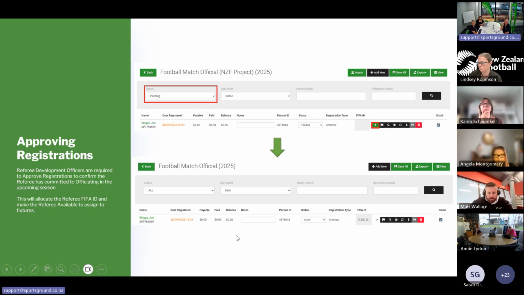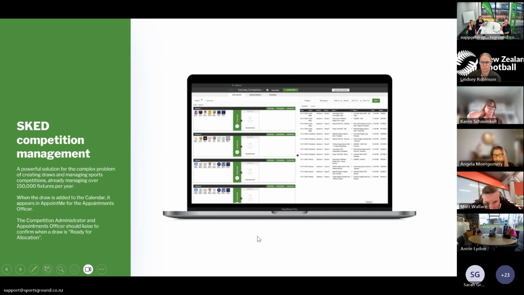We can see the difference between those two slides is really simply there's the approval little green plus button, and that ref up the top does not have a FIFA ID. Once they have been approved, the green plus button turns into a tick and you'll see a FIFA ID appear. It's just showing the SCED view because the competition managers will be generating the draws in SCED.